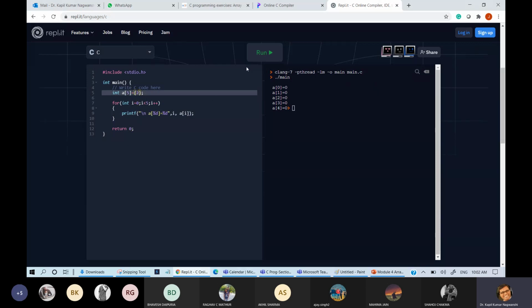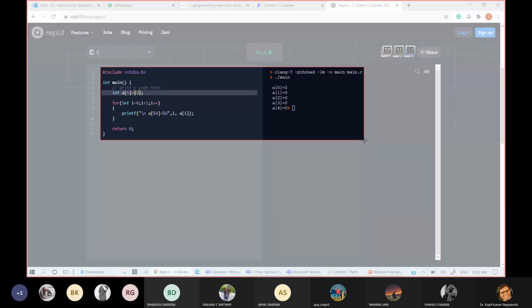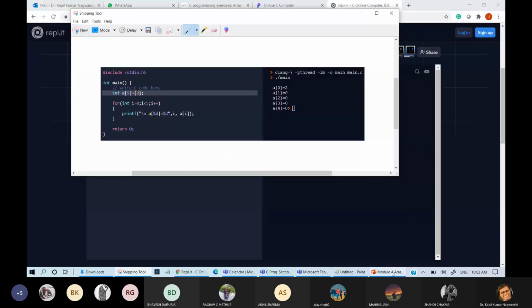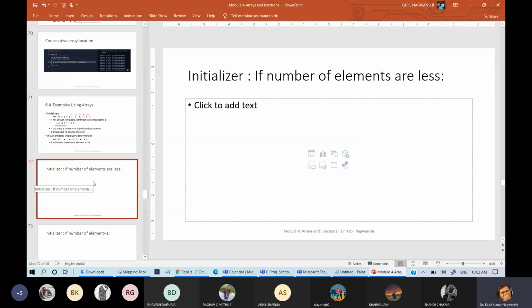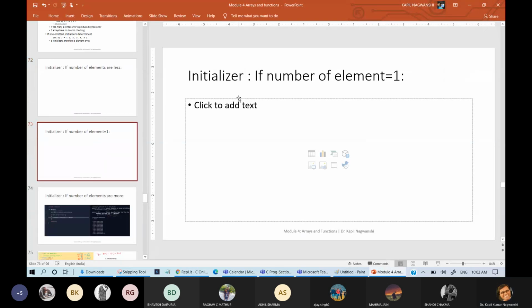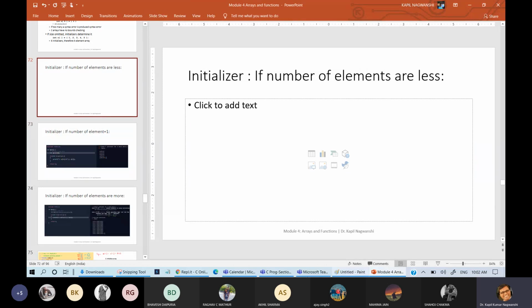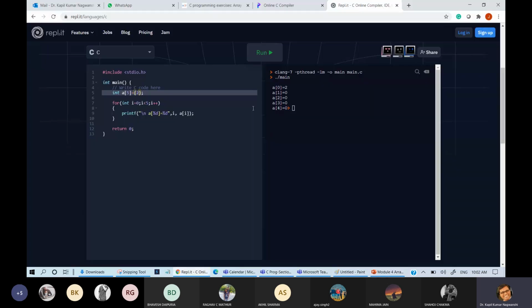Now let us write 2. If 2 is written, then how is it interpreted? It is interpreted like this. So if the number of elements is equal to 1, then this will be the answer. Fine. Now come to the next step.